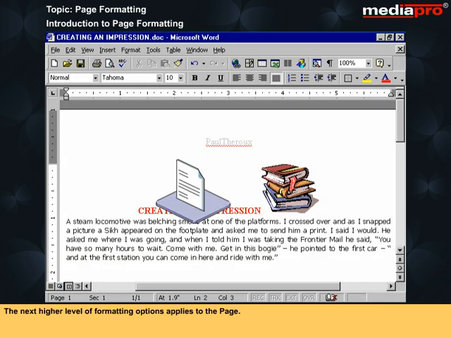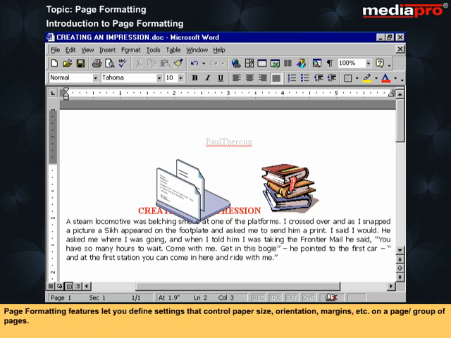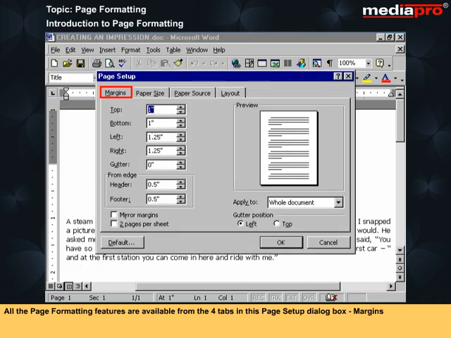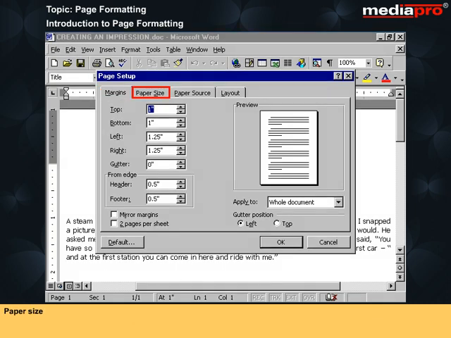The next higher level of formatting options applies to the page. Page formatting features let you define settings that control paper size, orientation, margins, etc. on a page or group of pages. To use page formatting, you need to select File, Page Setup. All the page formatting features are available from the 4 tabs in this Page Setup dialog box: Margins, Paper Size,